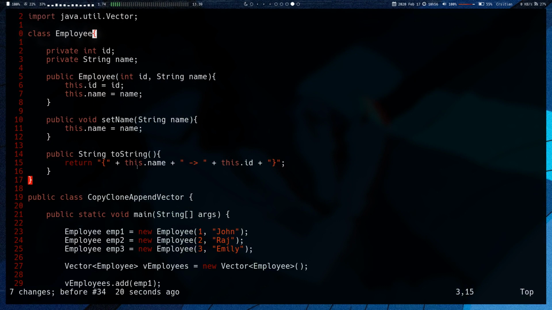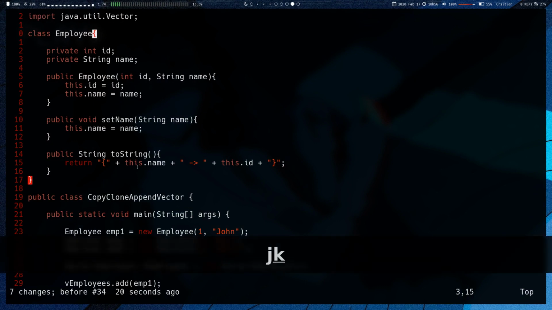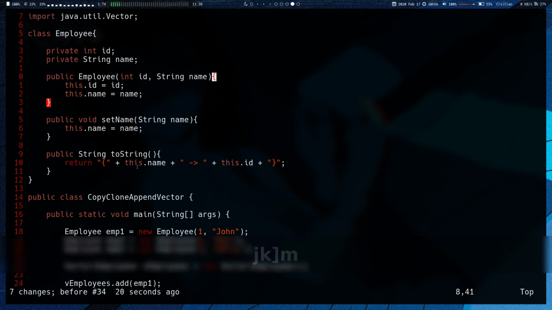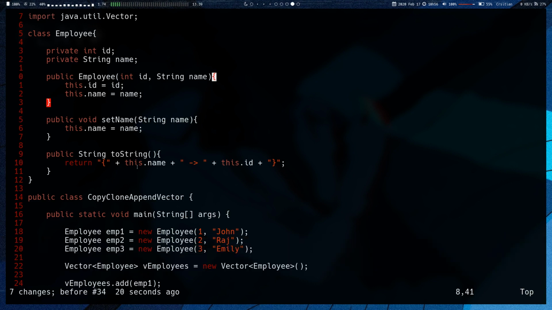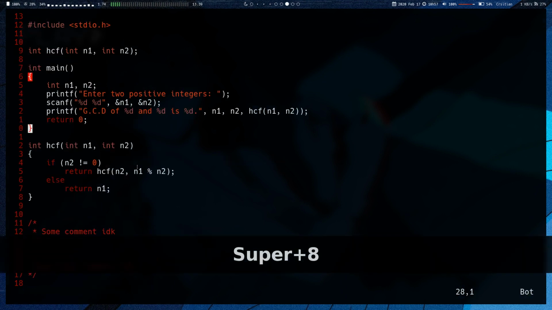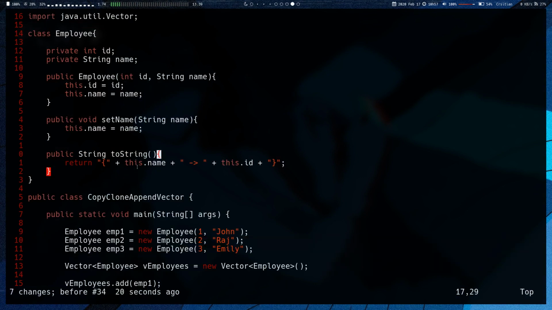So we have close bracket M, which takes me to the start of the next method. Close bracket M, the start of the next method, close bracket M, start of the next method. It's worth noting that this works for Java styled methods. If you know what that means, it just means whenever you define a function, the curly brace is on the same line as the function name, as opposed to traditional C coding where you put the brace on the next line. So this works with Java styled